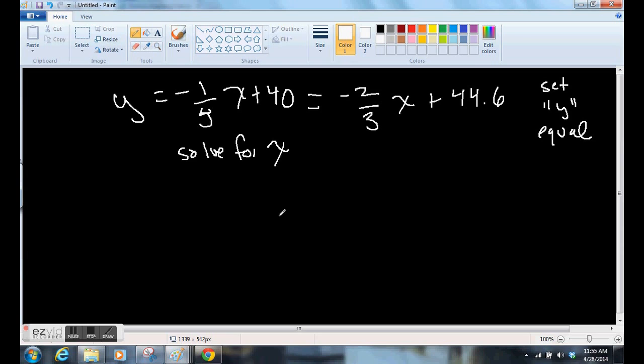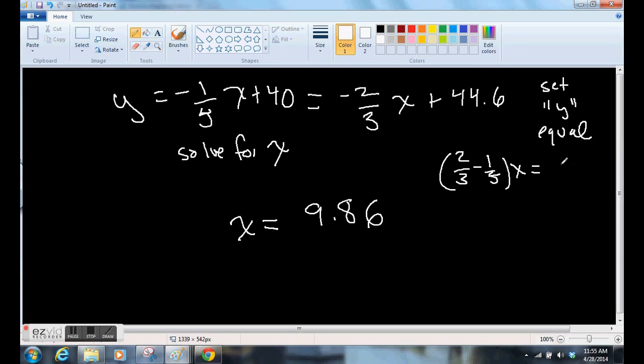When you do this, you should get x equals 9.86. It's kind of a mess, but on one side you end up with 2/3 minus 1/5 times x equals 4.6, and you just divide. So that's your x, and then you can plug it back into either one of these equations to get your y. If you plug the x value of 9.86 into there, you should get a y of